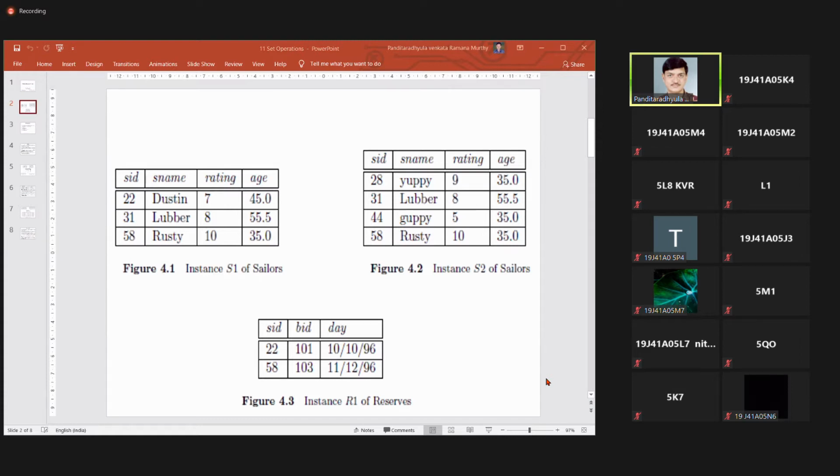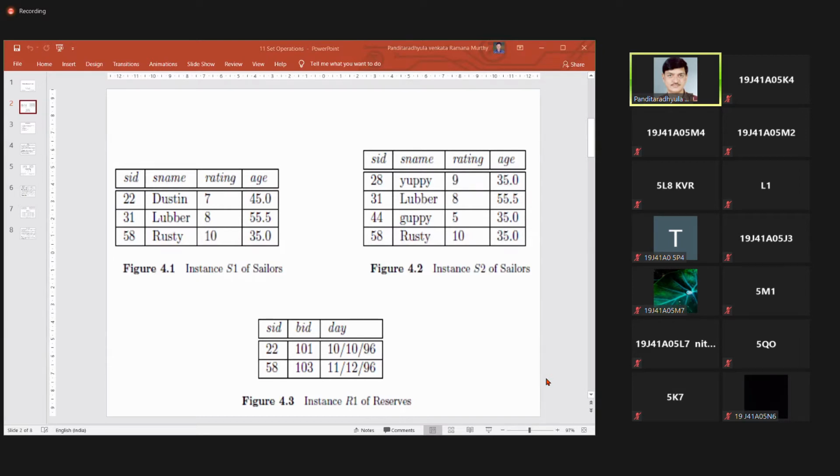We need not type. We can directly ask the question. The voice will be converted into the query. The query will be given to the database and it will give us the answer even in voice. Clear? Right. So basically, say for example, once again, in the last class, we had a set of tables.